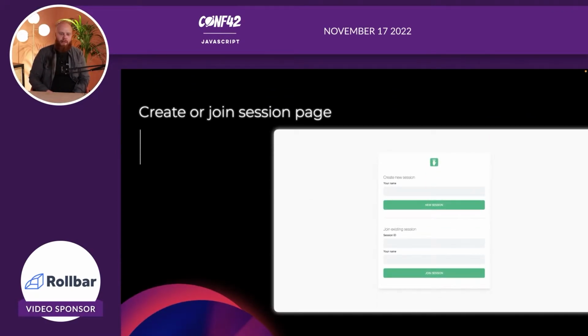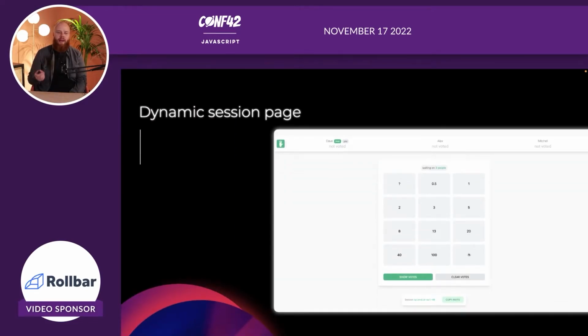So how does that visually look if we design it? Well, basically we have this index page where we can create a new session by giving our name, or we can join an existing session where we pass the session ID that we want to join and our name there. So basically two forms. And then we have a dynamic session page, for instance, /session/ whatever ID we put in there. And this already becomes quite a bit more complex, right? We need to show some data, we need to add some interactivity, and so on and so on. So these two pages will be the base of our entire application, and let's see how we can build that.